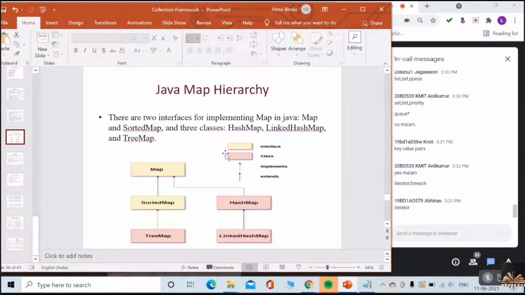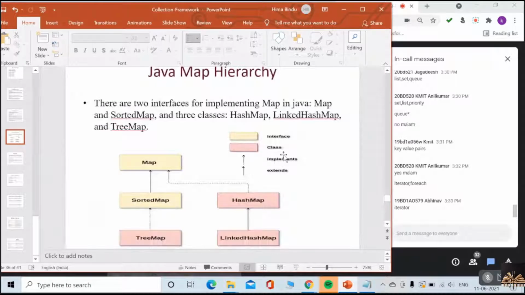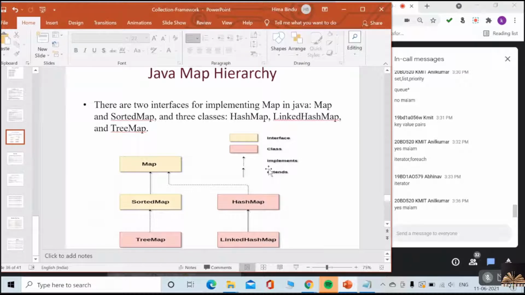This is the hierarchy of the Map. Can you see this clearly? The Map interface is implemented by two interfaces: one is Map and one more is SortedMap.